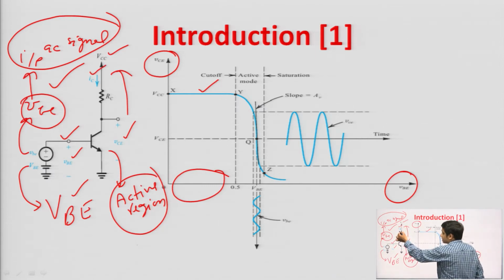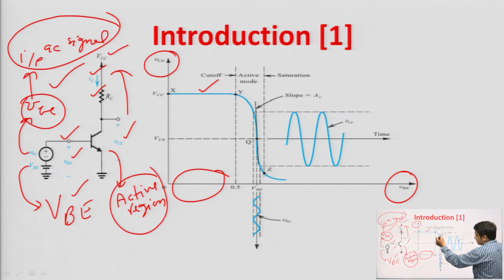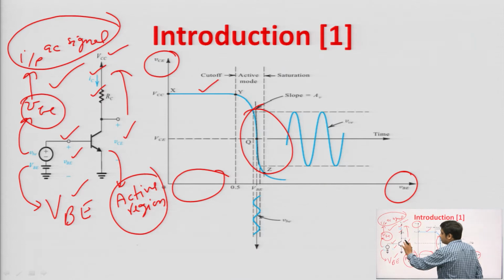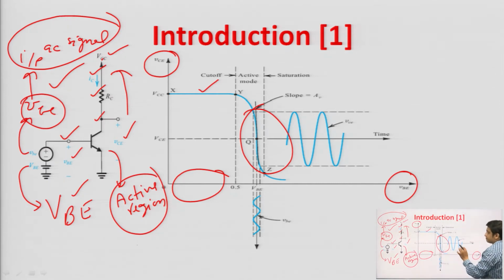So, we will get some voltage drop across this resistance RC. Your collector voltage will decrease, VC will decrease. You can see that your VC is decreasing when your transistor is on, because when the NPN transistor is on, there will be collector current, and obviously there will be a voltage drop across RC. So, the complete VCC will not reach your collector terminal, fine. The collector voltage will decrease as your collector current increases, fine. So, this is your cutoff mode when your BJT is off.